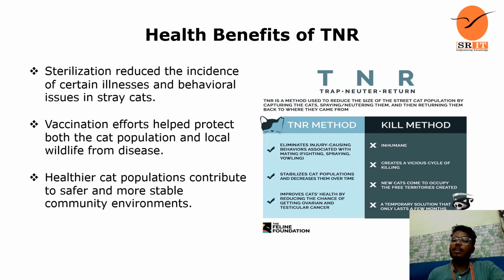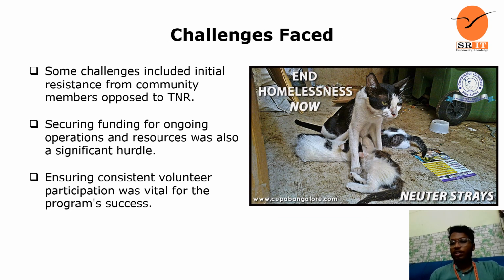which is simply the humane technique, followed in order not to damage the population in an inhumane way. We are not doing this kind of thing. Since this TNR method is a humane project, it is more feasible for controlling the population of the cats. What are the challenges faced before, during, and after the execution